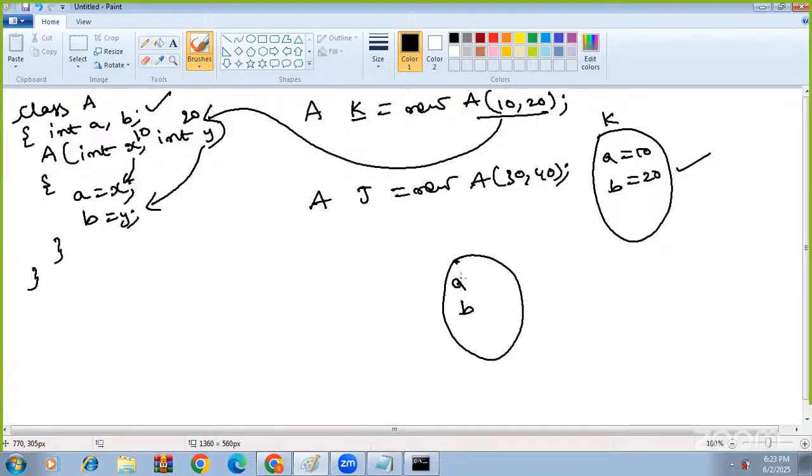Okay, now see. Here the reference of this one is what? J. And there are two variables. So on creating this object, I'm going to call what? This constructor. That means what? Now, in the place of X,